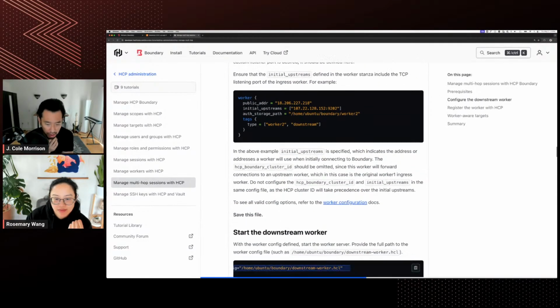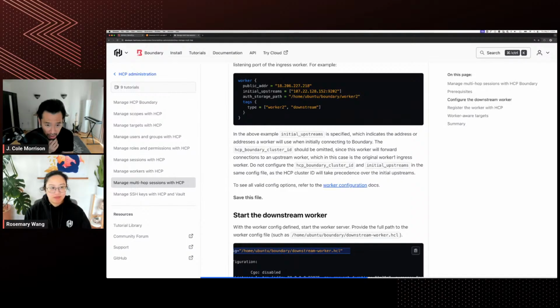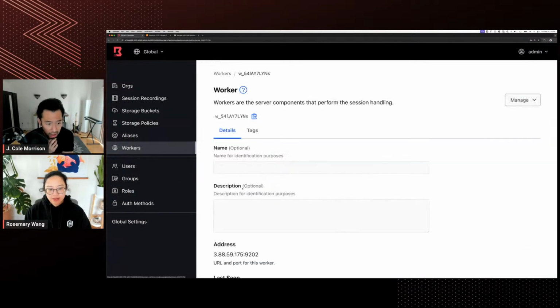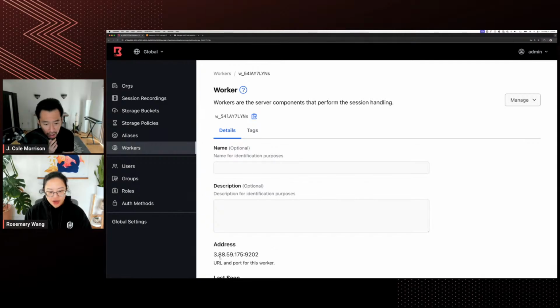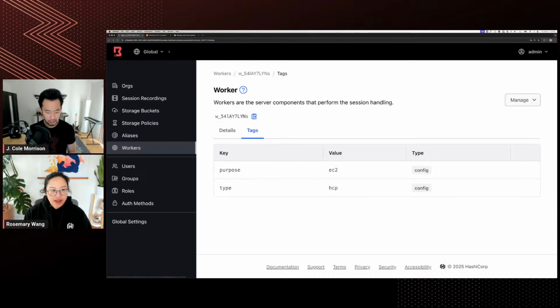The initial upstream, we put the upstream of the ingress worker, right? Just the straight up. We put the upstream of this, yeah, of the ingress worker. Okay. So yeah. 388, 59, 174. Okay. Interesting. So all we did was put in the